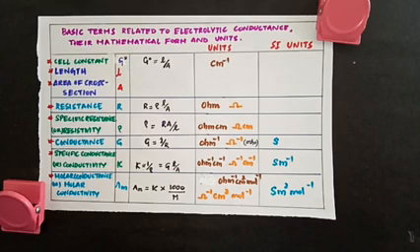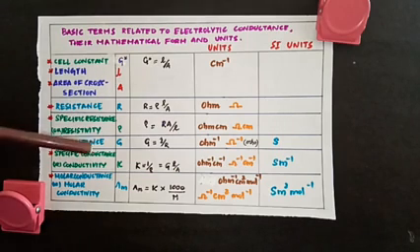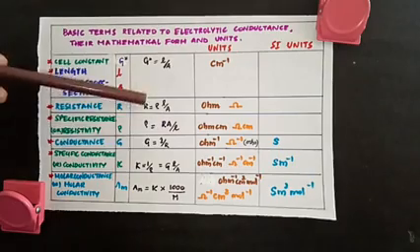The next term is conductance, which is represented as G. Conductance is the ease with which the current flows through the electrolyte. If you are taking an electrolyte, the ease with which the current can flow through it is given by this value, conductance. So as the value increases, it means the electrolyte can conduct the current in a better way. So conductance is nothing but reciprocal of resistance.